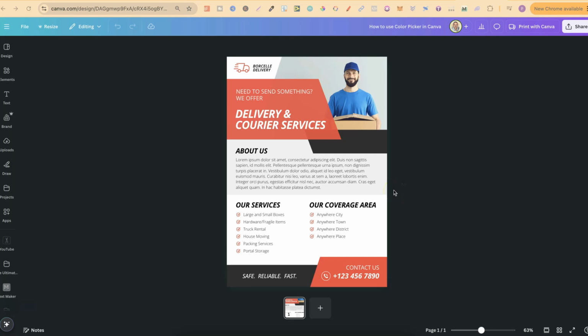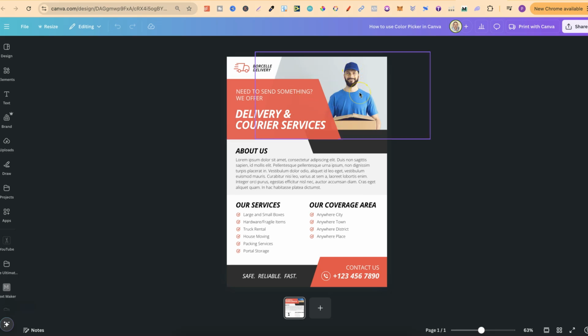In this tutorial, I'm going to show you how to use the colour picker here in Canva. Now, if there's a colour on your canvas in your design that you want to use the colour of in something else in your design, then you want to use the colour picker. Now, let's go ahead and match this red, or change this red to match up with one of the blues